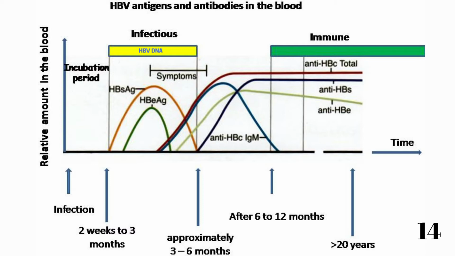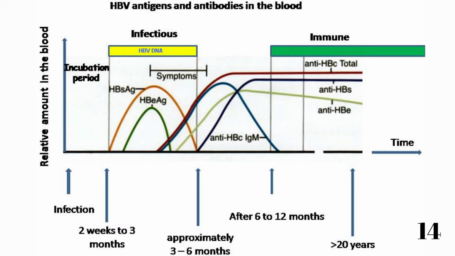So we can say hepatitis B surface antigen will appear at the incubation period, along through the acute phase of the disease, till 6 months from infection. If it continues after the 6 months, it will be chronic. And hepatitis B surface antibody starts to be detected when